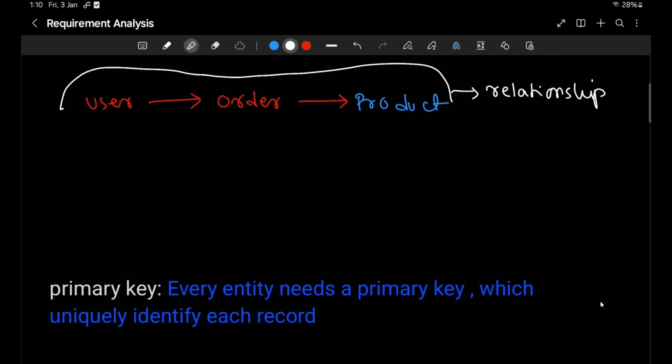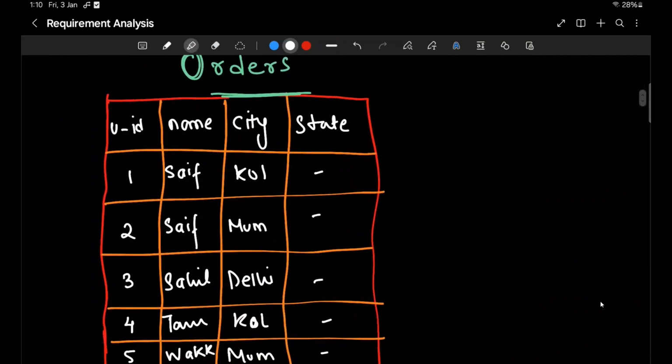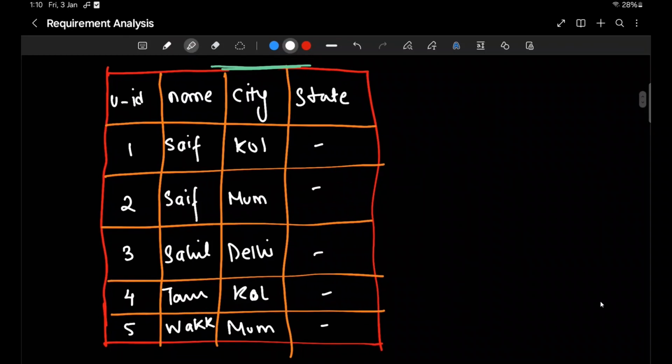Let's go through an example. Let's suppose we have a table name users where we store information about users, and I need to get detail about a specific user whose name is Seth. If you see in our table, we have two user whose name is Seth.